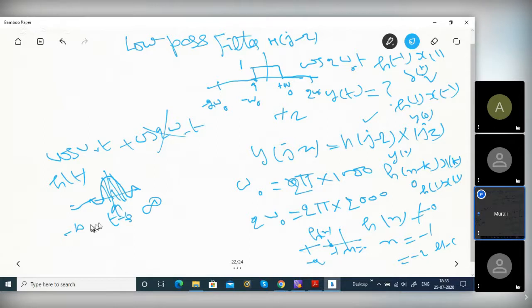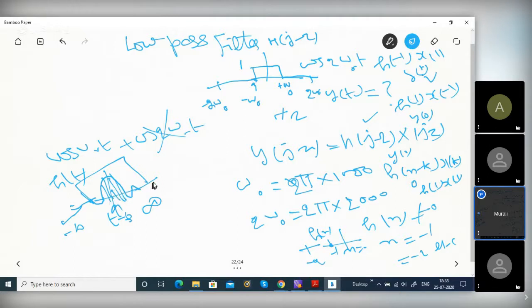Then another thing, this impulse response goes smaller and smaller, but it goes to minus infinity and plus infinity actually. Right? So you cannot realize an infinite tap filter actually. How do you realize this? You truncate it. You assume after this it is 0, and this also 0. You put a window, and within this window you take the values, and outside this window everything is 0. That is one thing. That is a finite impulse response.